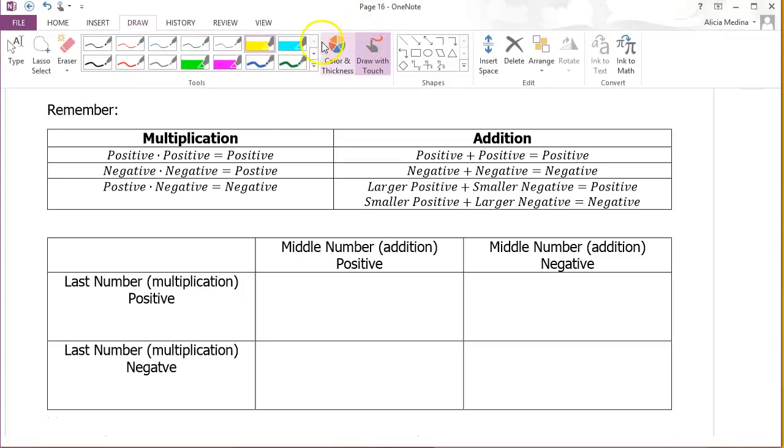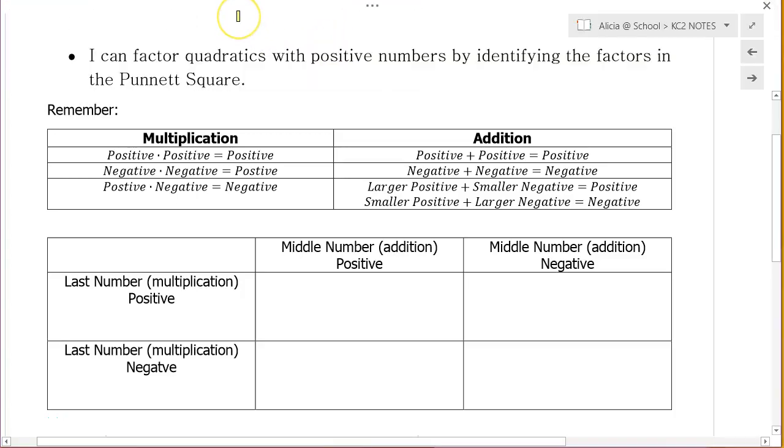Hey guys, in this video we're going to be doing Target 2C.2. Our mastery learning objective is being able to factor quadratics with positive numbers by identifying the factors in a Punnett square. Alright, so some things to remember, which I think we really need a refresher on, is when we're